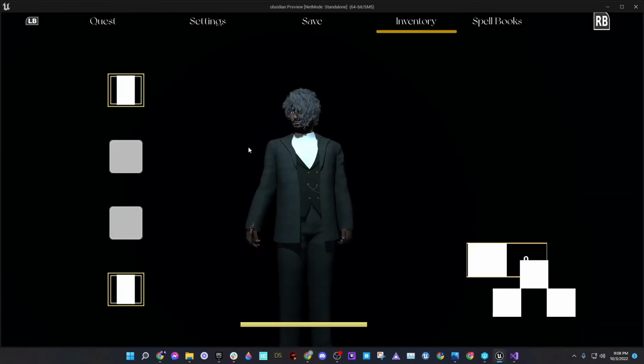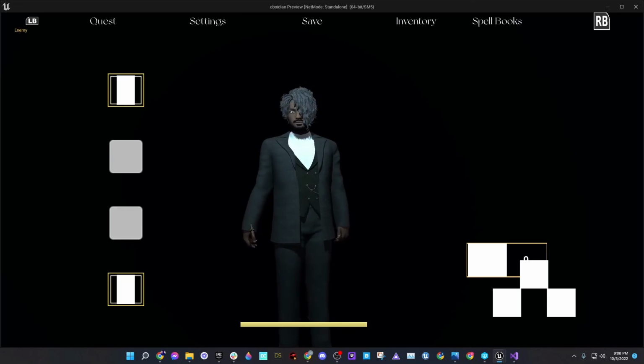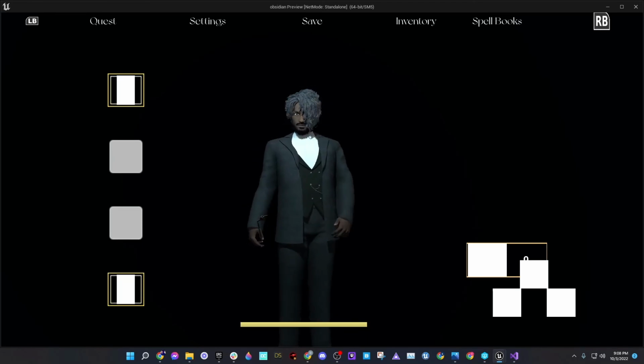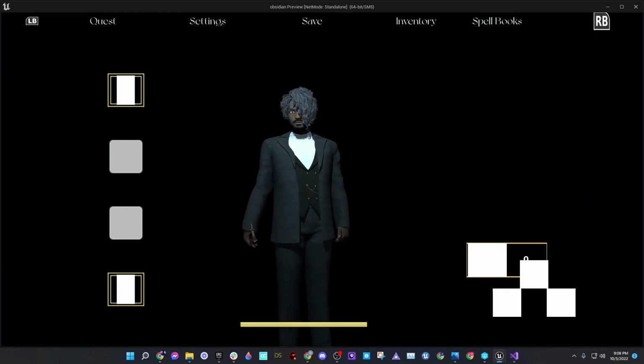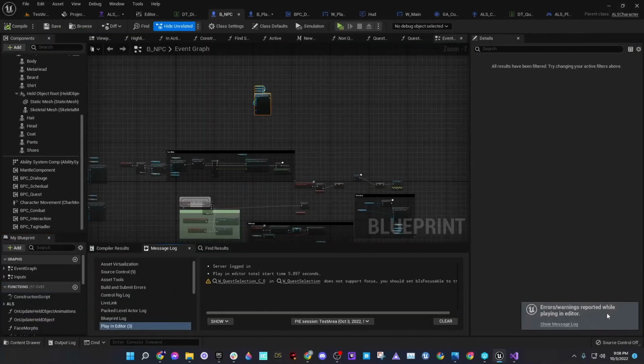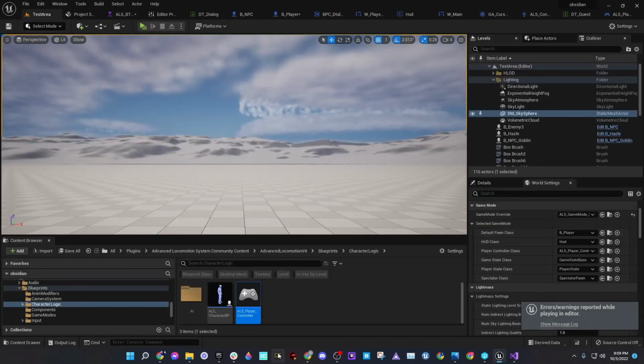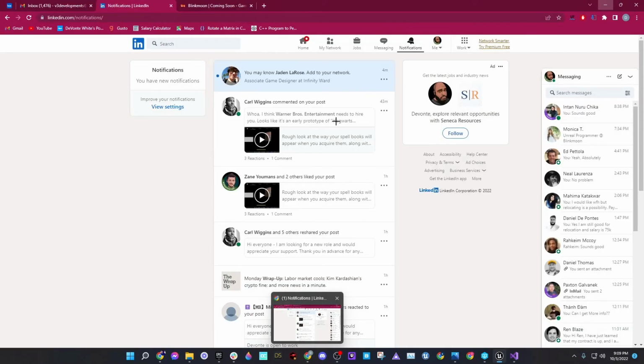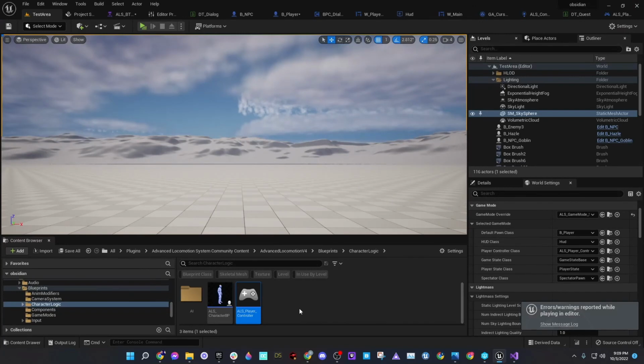And then we have the player inventory, which is also a work in progress, of just what the player would have. On the left side we will most likely have cosmetics, and then on the right side we will have coins and things like that. And that is just a high level rough explanation of exactly what I'm creating here